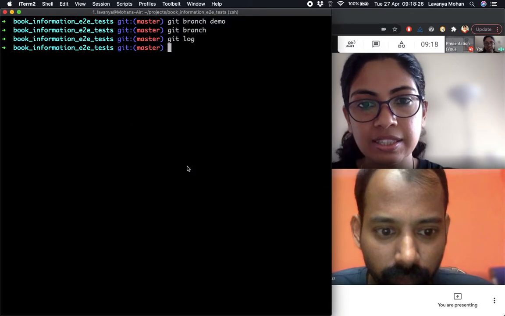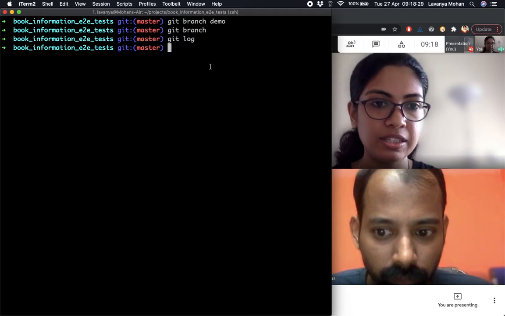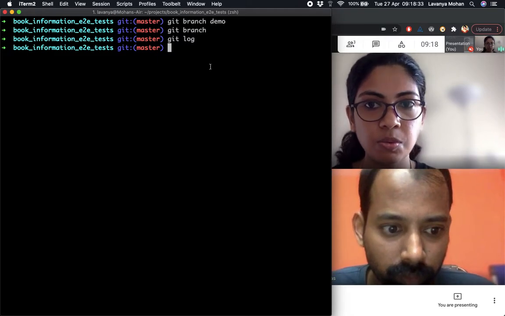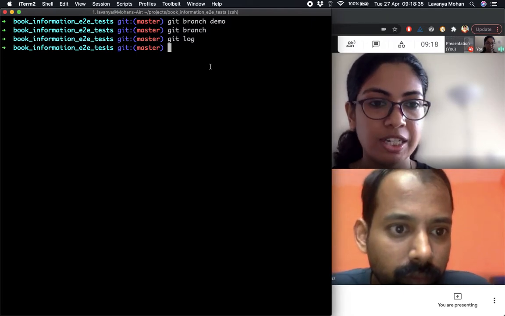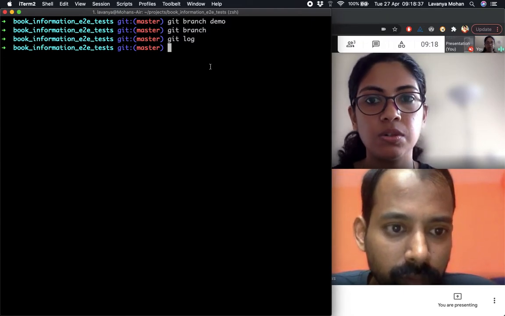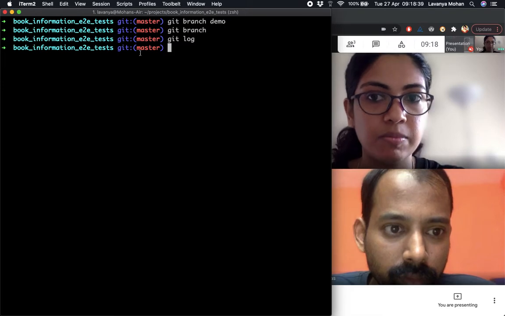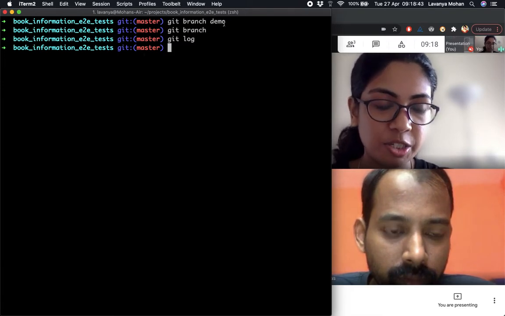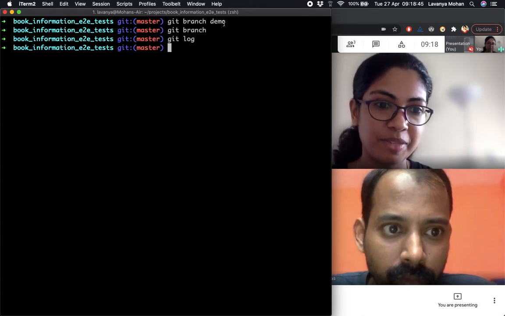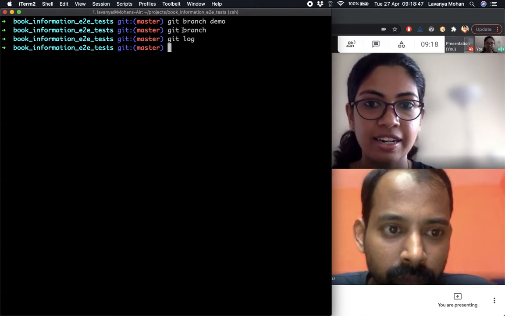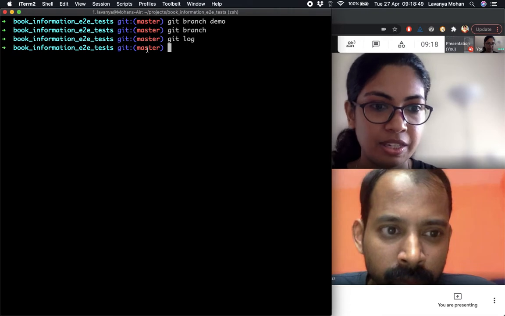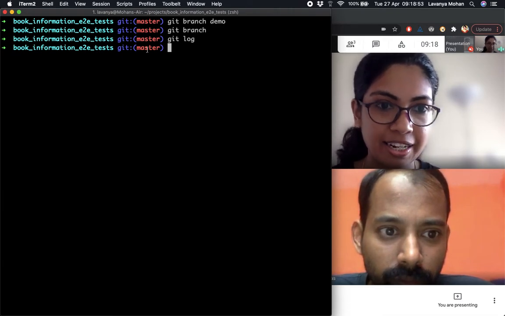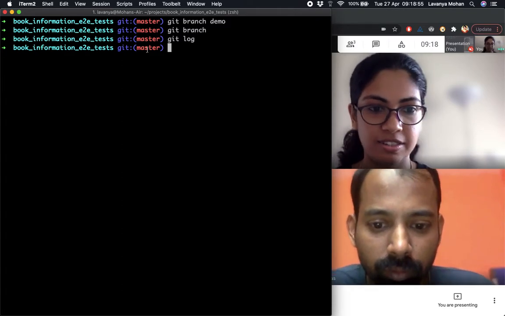But now let's say that this demo branch is where I want to do some experiments, maybe. Whatever experiments and code changes I'm doing, I don't want that to affect the master branch. So that's why I created this branch in the first place, so that I could make changes on that branch without affecting master at all. The main reason we would do branching is to diverge from the main line so that we could do something that we want to do.